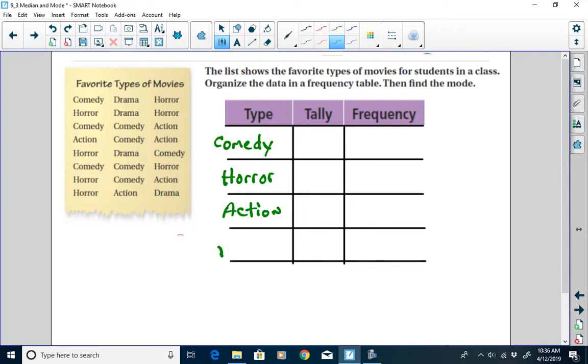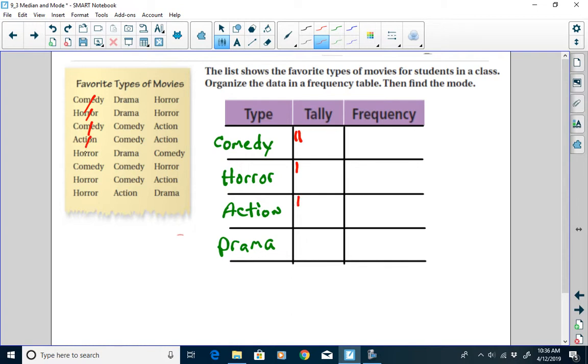And then we have drama. So those are the 4 different types of movies that were responded. Tallies. So let's start. I have a comedy here, a horror, comedy,